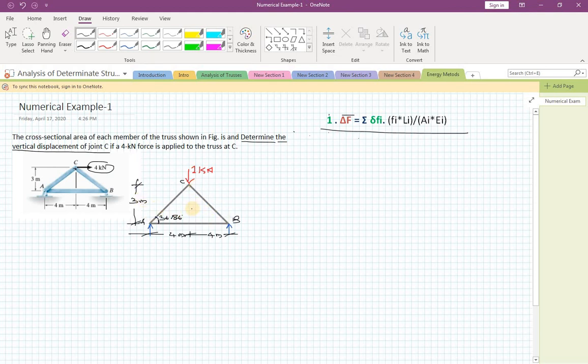The method of joints proves to be an efficient one. To proceed with the method of joints, the rule is you have to pick a joint where you have a maximum of 2 unknown forces, not more than 2. I can start with either joint C or joint A. If you start with joint C, there is no need to calculate any reactions, because at joint C we have only 2 unknown forces. But if you want to start with joint A, you need to first find this reaction. So this reaction I can easily write as 0.5 kilonewtons.